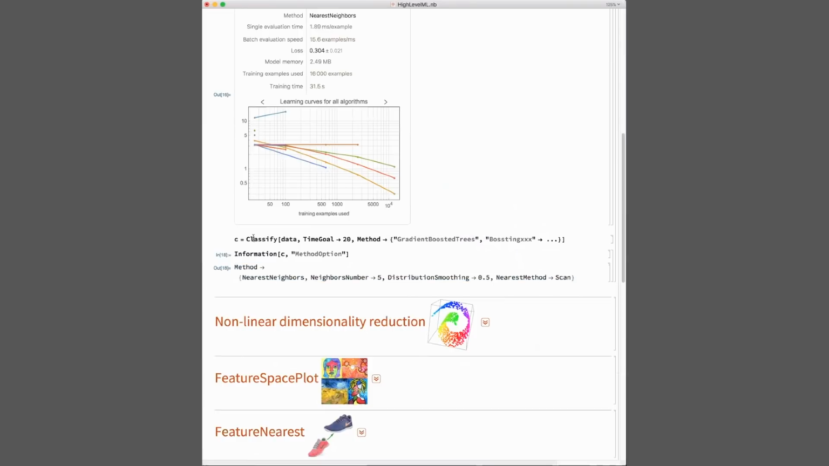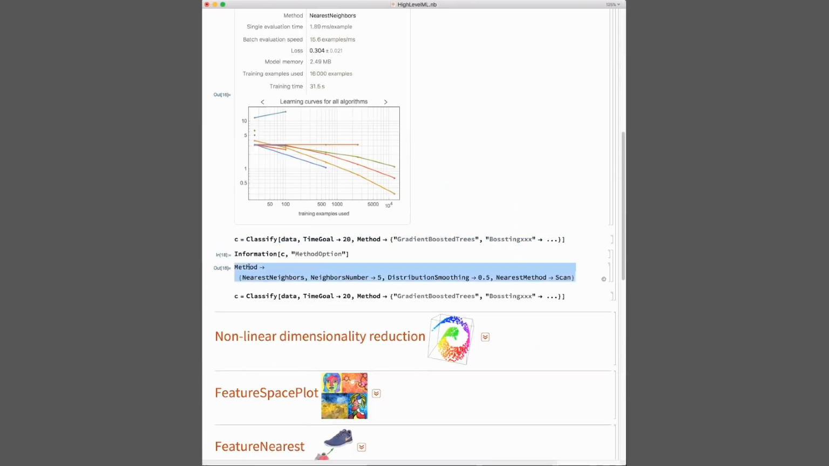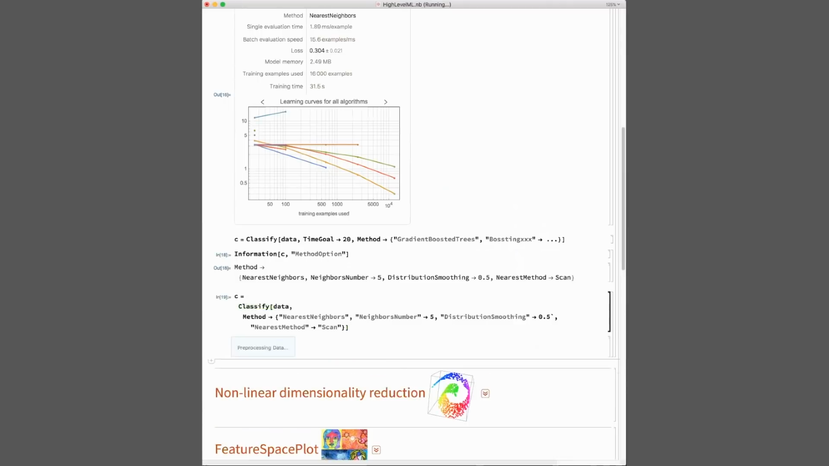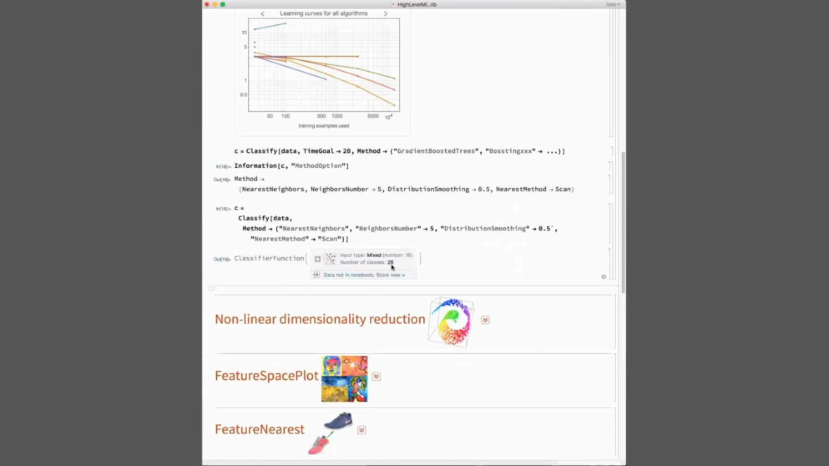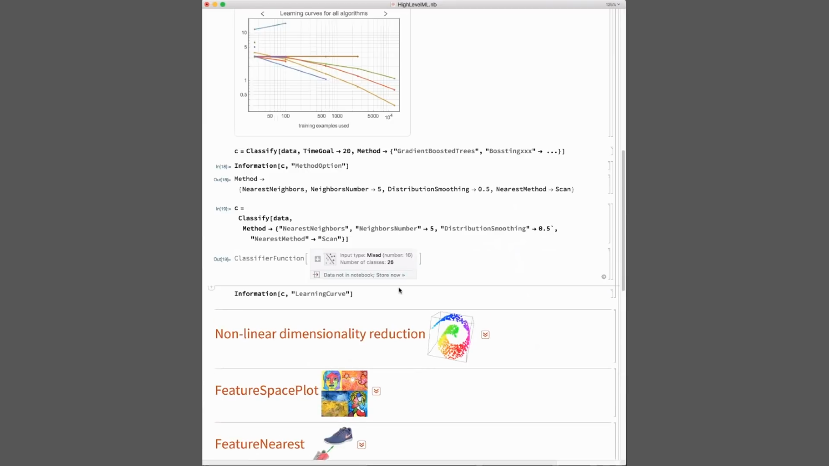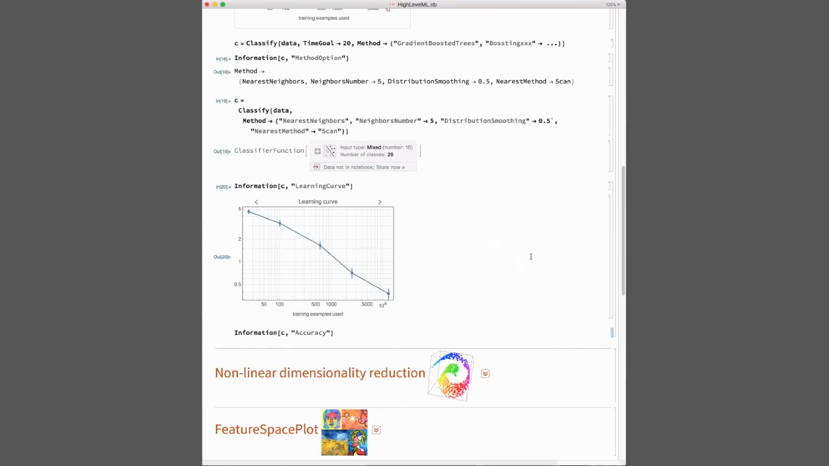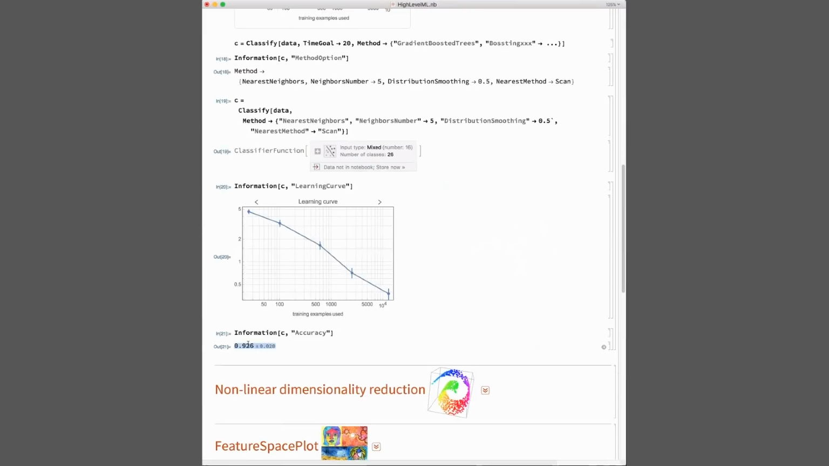So if you do classify data, you can just copy paste that, and that's what you need to retrain much faster. If I do something, it's going to be basically the same thing, but it's going to be direct because you didn't have to search for the best configuration. You can ask for just the learning curve. Okay, fine. You can ask for the accuracy. Great. With this